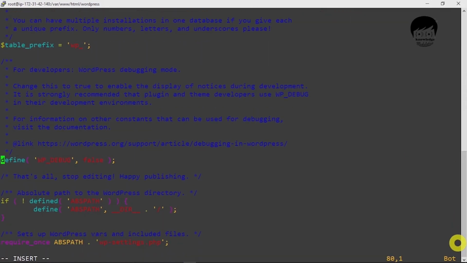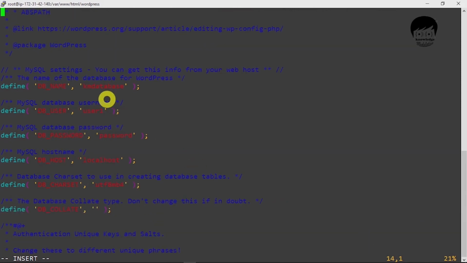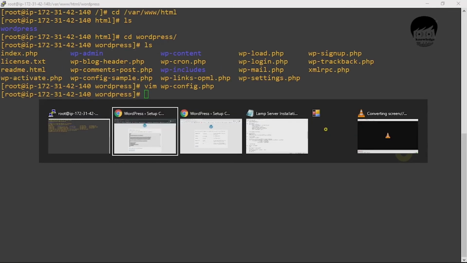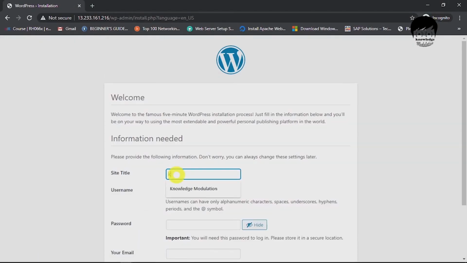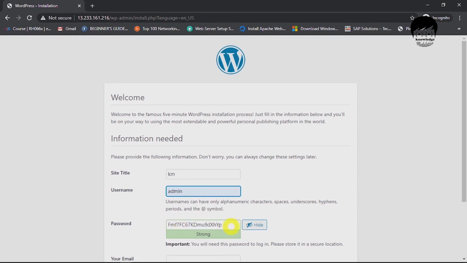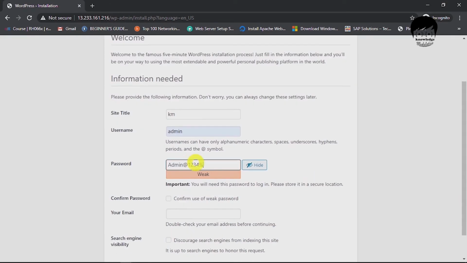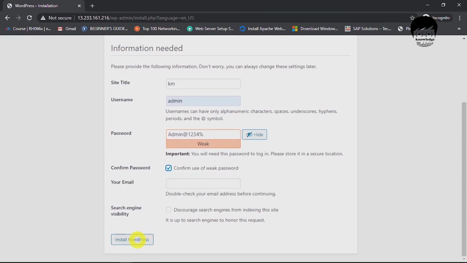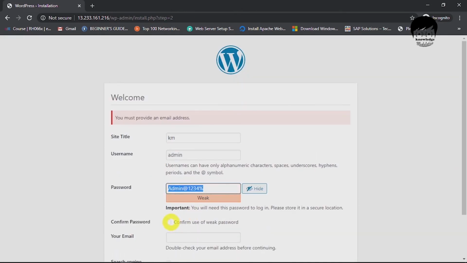And you can see here the database name, username. You have to install a database and you have to create a database at the time of installation. So all that information you link with your WordPress comes there, and then you have to fill all these details over here to configure your WordPress.